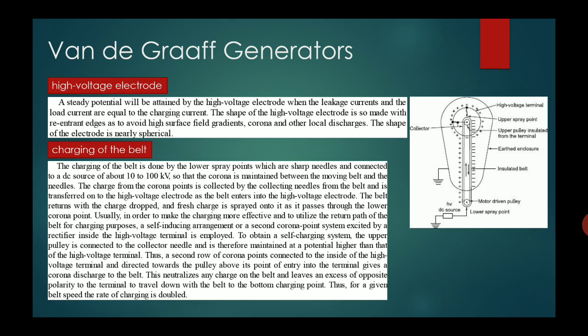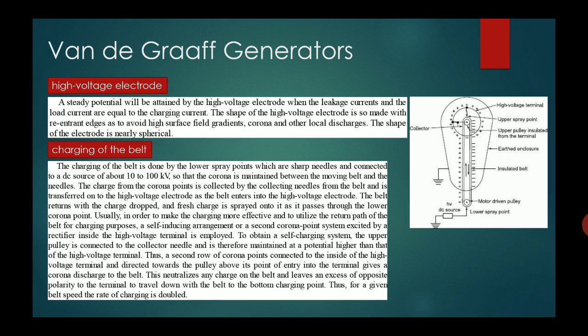The charge from the corona points is collected by the collecting needles from the belt and is transferred to the high voltage electrode as the belt enters the high voltage electrode. The belt returns with the charge dropped, and fresh charge is sprayed onto it as it passes through the